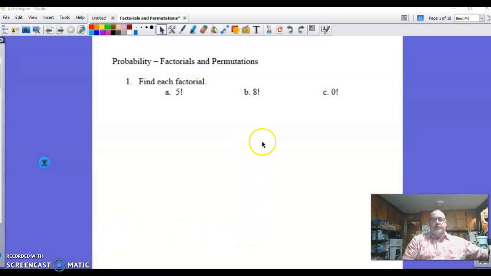All right. If you remember, factorial, that exclamation point, just tells you to multiply 5, 4, 3, 2, 1. 5 times 4 is 20, times 3 is 60, times 2 is 120. If you don't want to go through all that, or something like 8 is a little bit bigger, remember